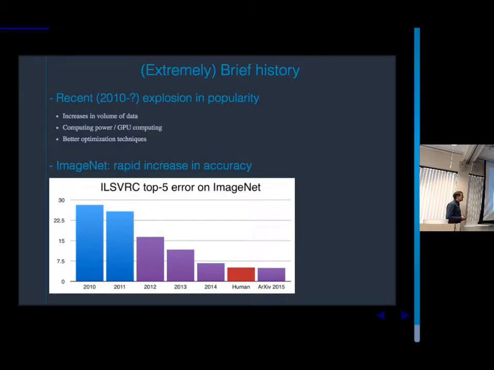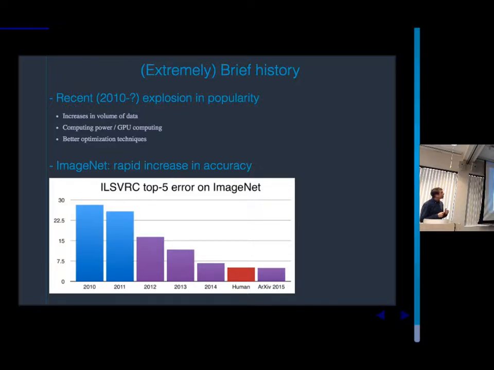So what happened in the last, I would say, 7 years, maybe other people would disagree, is that people started looking at these algorithms again, and this time there were a few other things going in their favor. One is just that because of the internet, the amount of data that people could get to feed to these algorithms is many, many orders of magnitude bigger. And it turns out that the volume of data you have makes a huge difference for training these algorithms. Another thing is just that computers are much more powerful today, and it turned out that the amount of computing that you need to do to get an effective neural network model like this is quite large, and they just didn't have the resources back then.